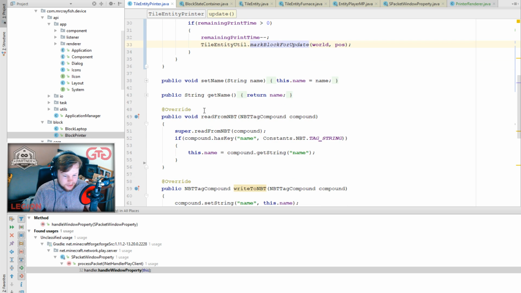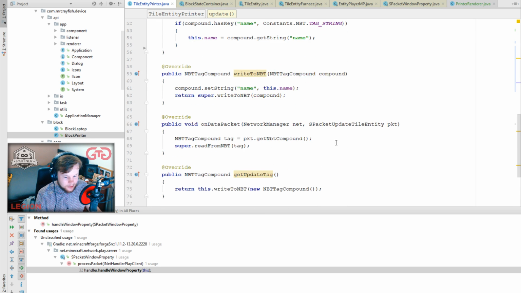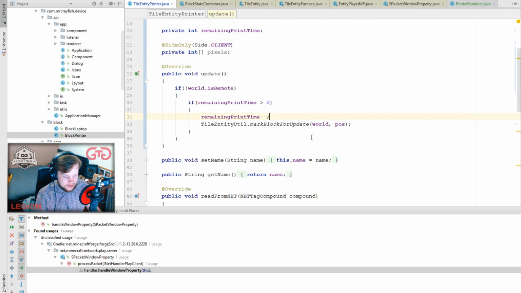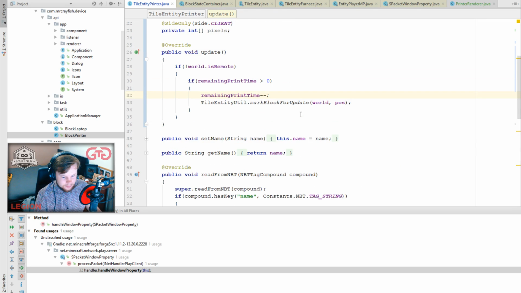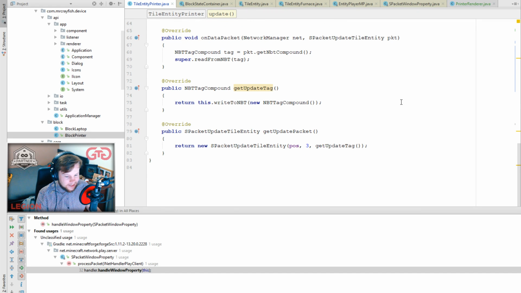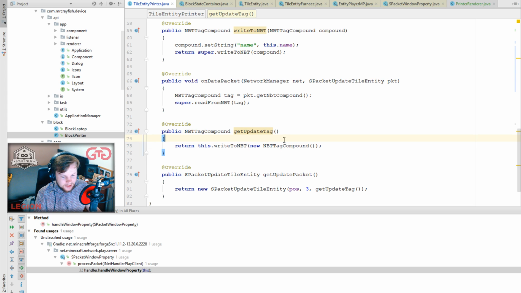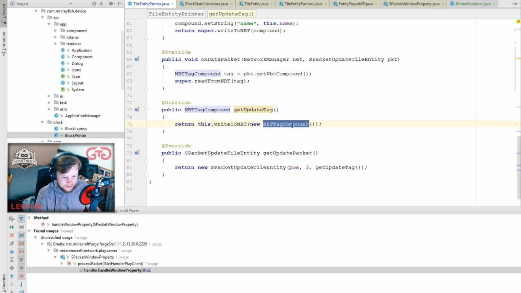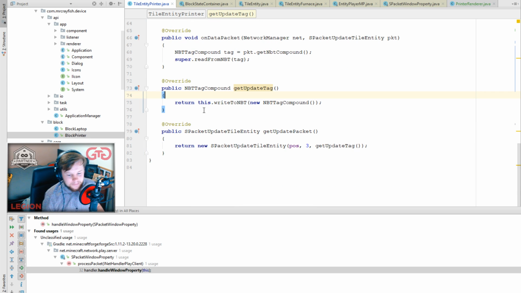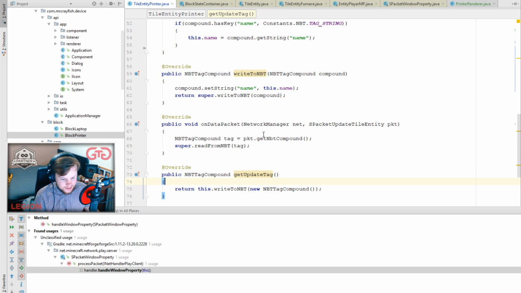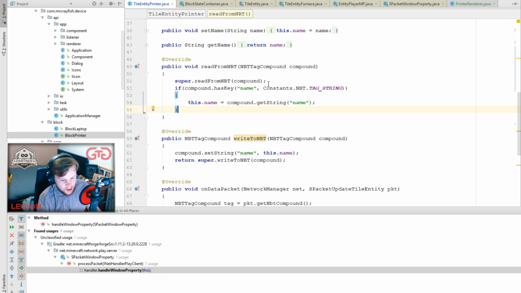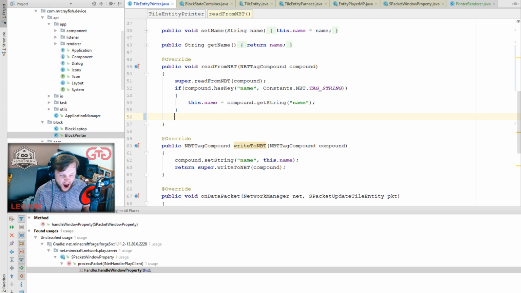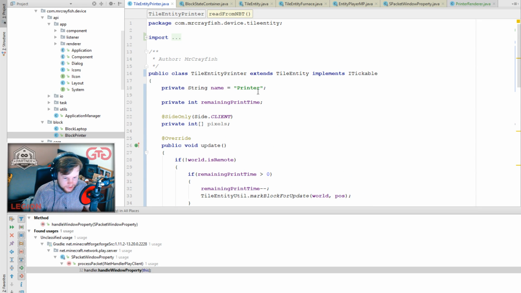So we mark this block for an update, so it calls this method here, but what I'm thinking about doing is creating an NBT tag compound as kind of like a buffer, right? Create an NBT tag compound as a buffer, and let's say the buffer here, right? We can just send the buffer instead of sending all of it. Which is good. Alright, we'll try that out. I'm not sure if it's a good idea, but